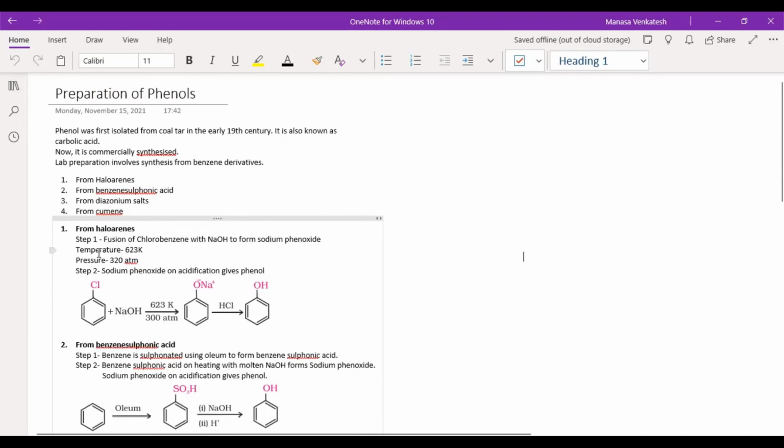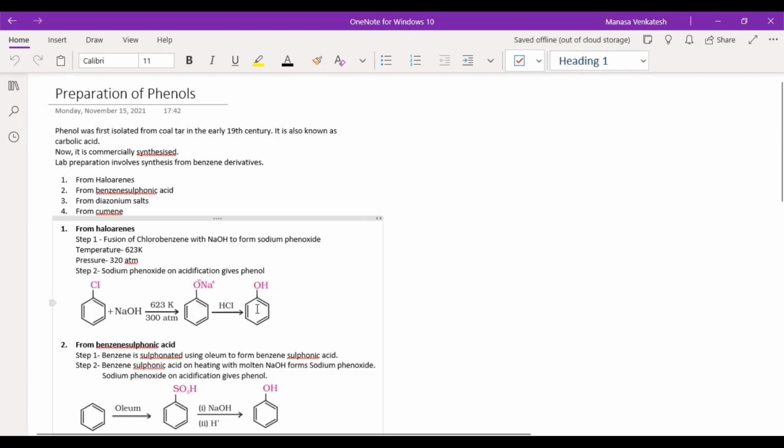So step 1. From haloarenes, you have chlorobenzene here. It's reacting with sodium hydroxide, and temperature is at 623 Kelvin, and pressure is at 320 atmosphere. And this is leading to the formation of something called sodium phenoxide ion. Now, this sodium phenoxide is undergoing acidification, so that's why you have an HCl over here